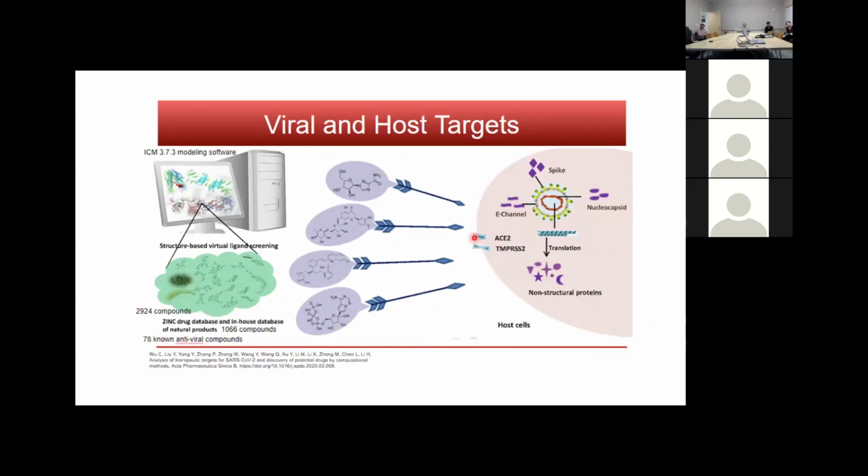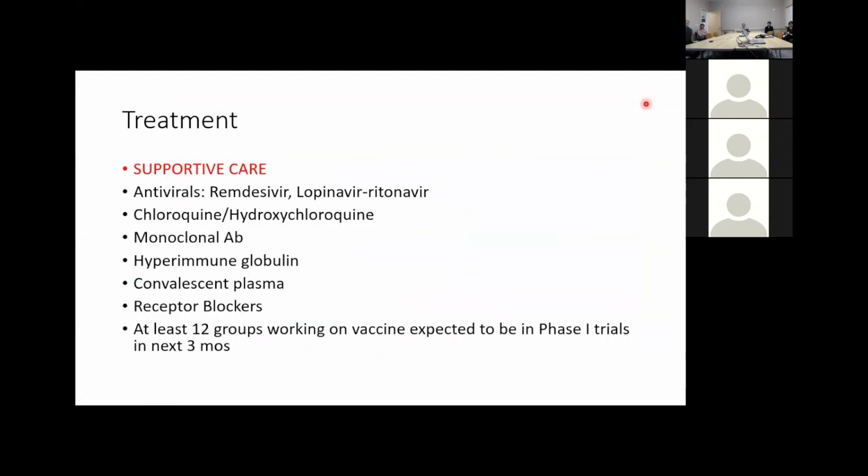So blocking this ACE2 receptor with some of our commonly available drugs, our antihypertensives like the ACE inhibitors and ARBs, for instance, may be part of the therapeutic approach. And then, of course, targeting parts of the virus itself. I'm not going to say much about this because, again, I refer you to Scott Souza's and Dominic's lecture from yesterday, which is posted on the Department of Medicine website. So the treatment is basically supportive care. So at this point in time, we